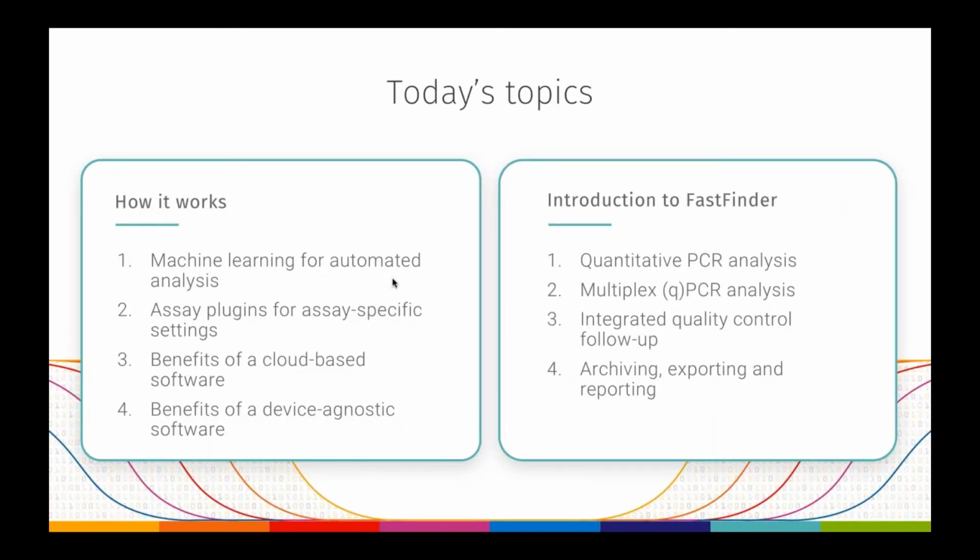Today's topics include a little bit on how FastFinder works. We'll go shortly over machine learning for automated analyses, assay plugins for assay-specific settings. We'll talk about the benefits of a cloud-based software and the benefits of a device-agnostic software, as we like to call it. Then John will continue, and he'll go over the introduction to FastFinder, where he'll talk about quantitative PCR analyses, multiplex PCR analyses. He'll also demonstrate the integrated quality control follow-up, and of course, archiving, exporting, and reporting of